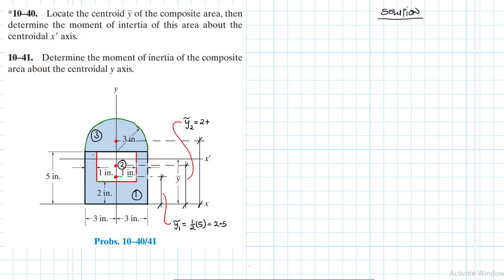The height of this is 5 minus 2, so this is a 3, and then this width, what is the width of this? Let me just write it properly. This one is